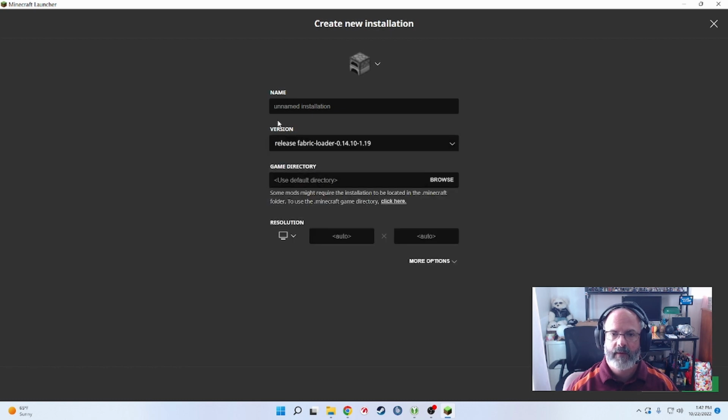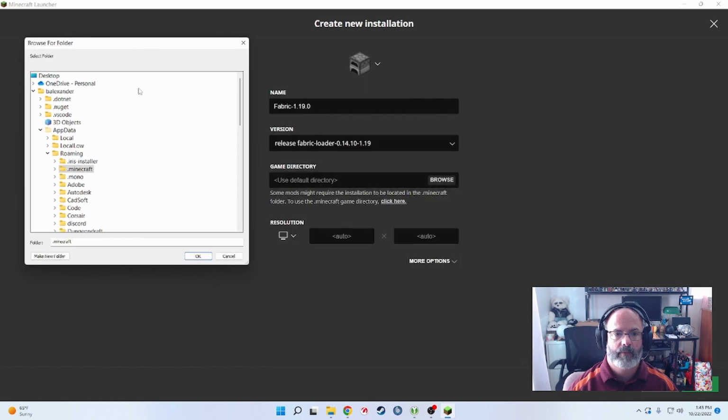So we go ahead and select that, give it a name that makes sense for you, so that you'll be able to find the specific version and loader that you want, or maybe for a particular server. Kind of keeping with what we said before, I'm going to go with Fabric 1.19.0. I'm going to change the profile directory to be a new profile directory that we're going to just, by the way, you can see